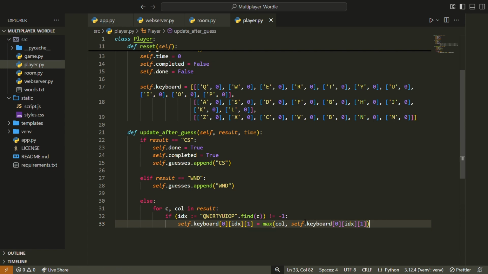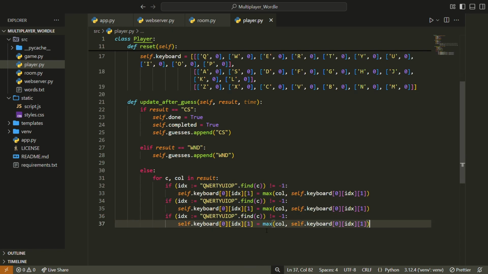The reason we're taking the maximum is that you could imagine guessing a letter which turns out to be in the original word but is not in the correct position, and then on a future guess it does turn out to be in the correct position. Then you want to update the color to be from orange to green. So we want to use maximum here to make sure that the color is the most updated value that it can be. We'll use a similar strategy to